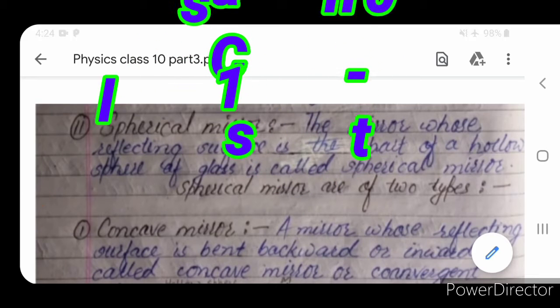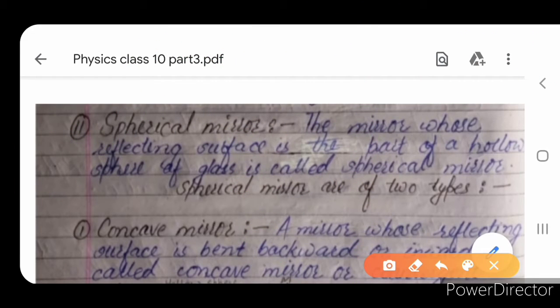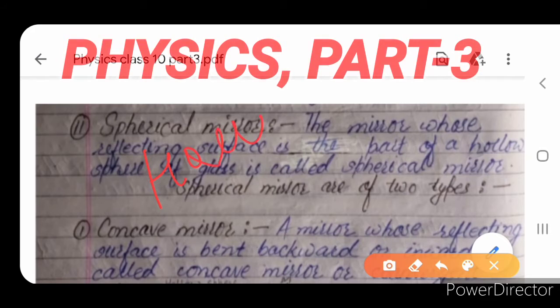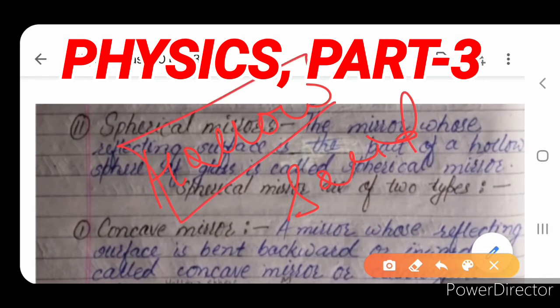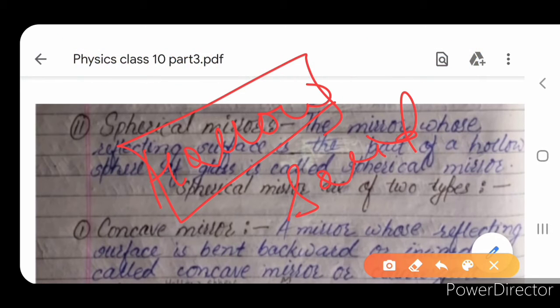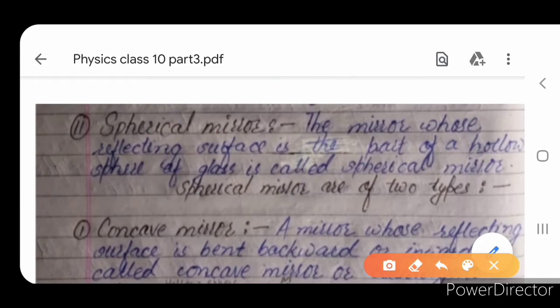Firstly, we have to know about hollow and solid. Hollow is a circular figure which is quite empty from inside. For example, if this is a cylinder and nothing is filled inside it, then it is said to be hollow. And if it is filled with anything, then it is said to be solid.